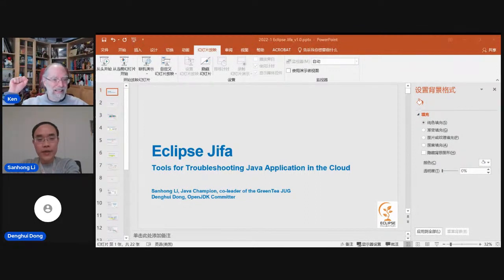But in most of our cases, our developers usually rely on GC logs for detecting and resolving GC related problems. You can look at this picture, which I took from a CMS GC log. You can see from this picture the CMS remark is